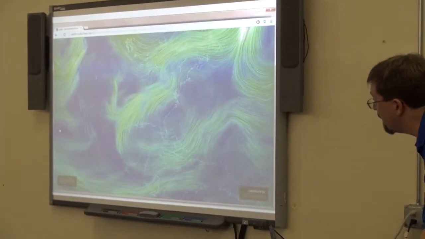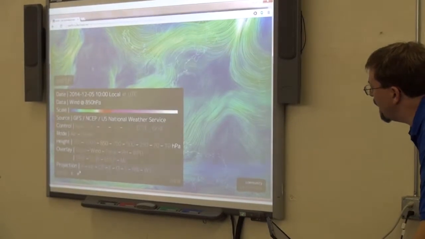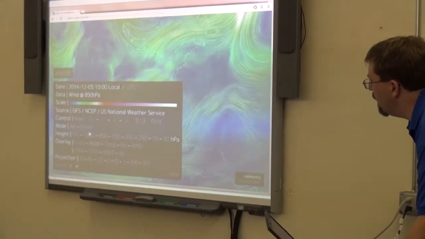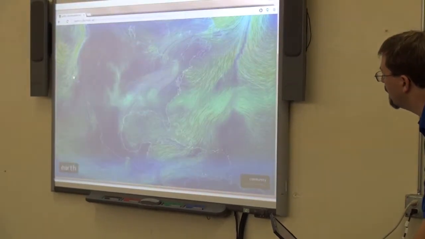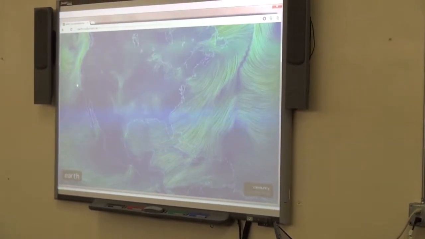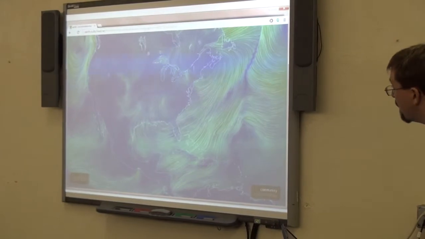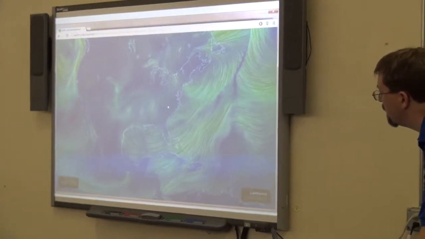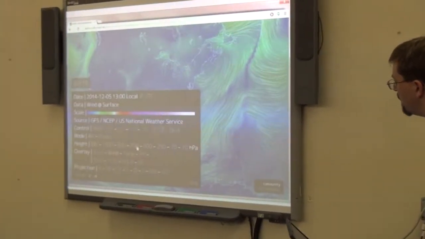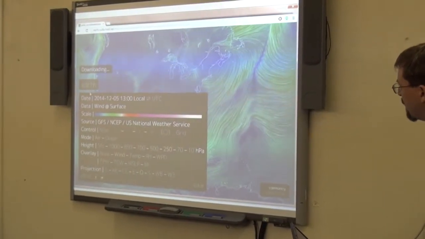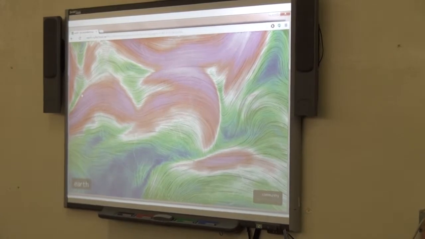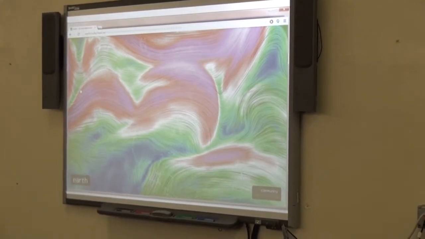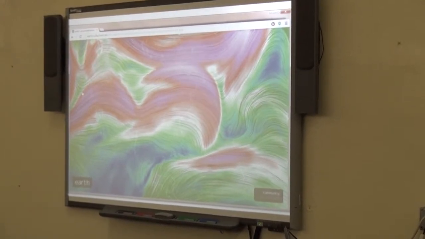So this is live. Here's the surface winds. Not much. It's a calm day out. Right? And we're right here. Well, let's go on up to the upper jet stream. That's booking. That was powerful. So we release here now.